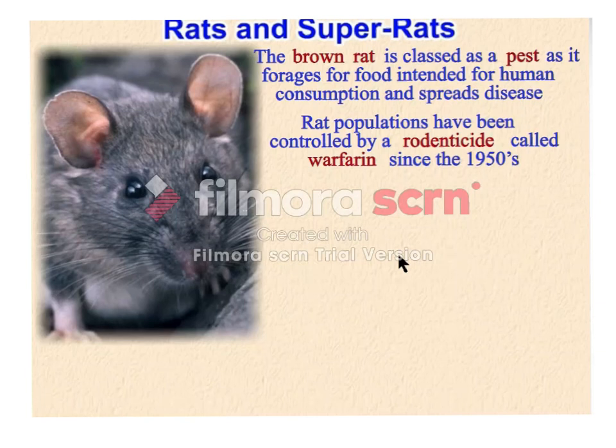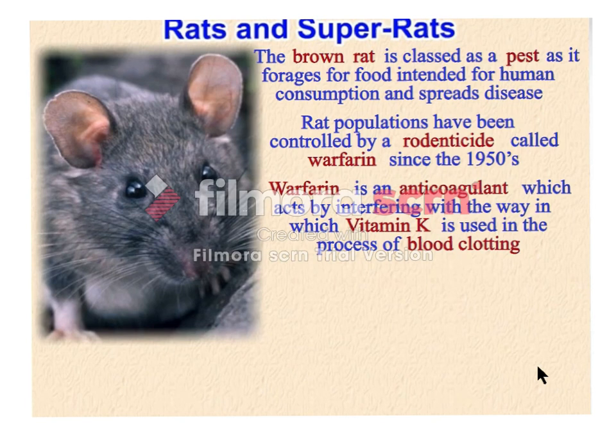Rats and super rats. The brown rat is classed as a pest because it consumes some of the human food and is considered to transmit some diseases. People used warfarin to kill rats since the 1950s. Rat populations have been controlled by a rodenticide called warfarin. The problem is